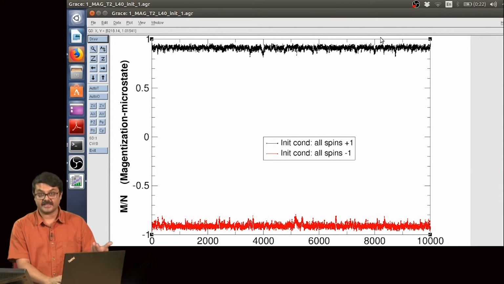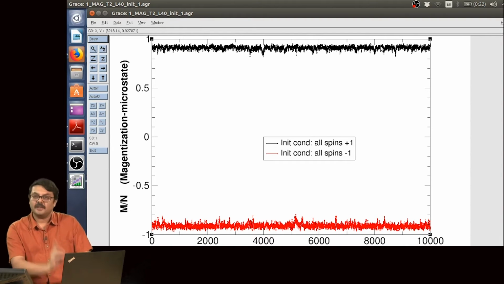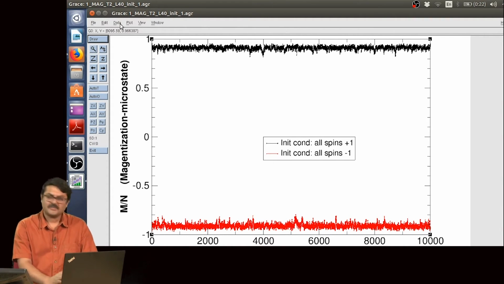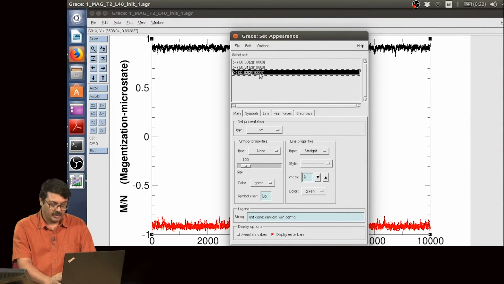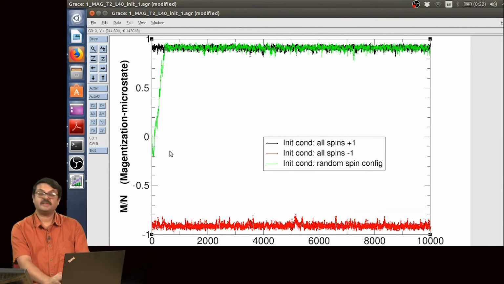Here the story is exactly the opposite, most of them are pointing up and a few are pointing down. The magnetic state remains the same statistically, thermodynamically, right. But suppose we started with a random initial condition, what would we get? Should be something similar, and I have already run the code and I am just plotting the data for you with a changed initial condition,